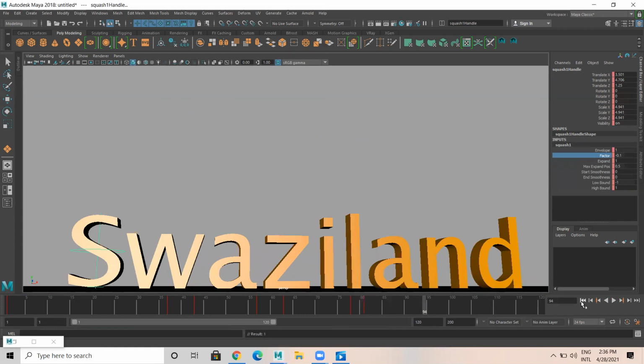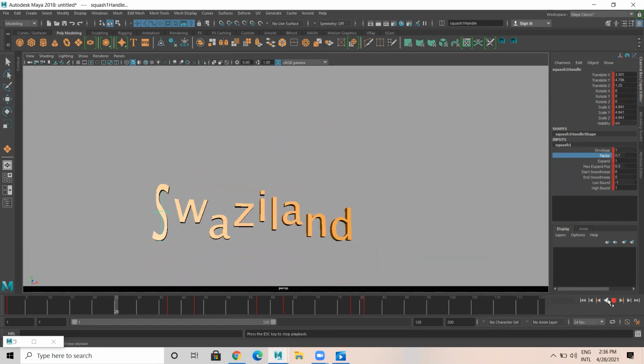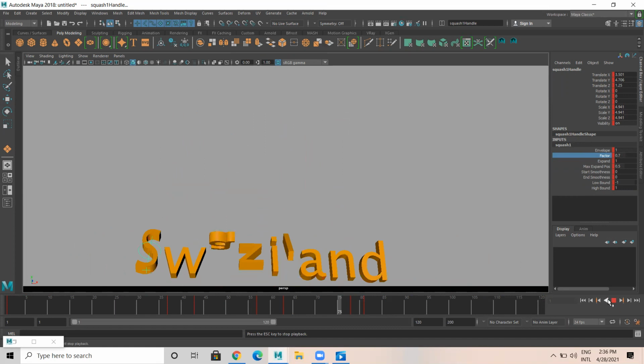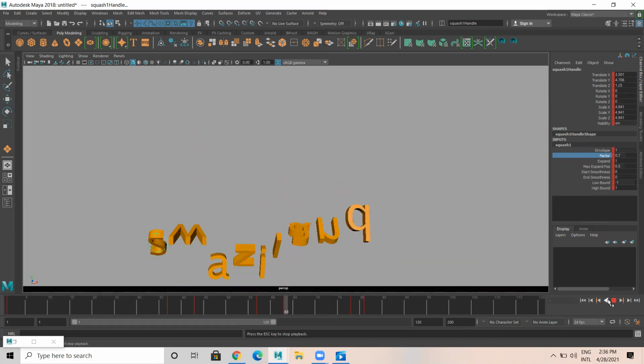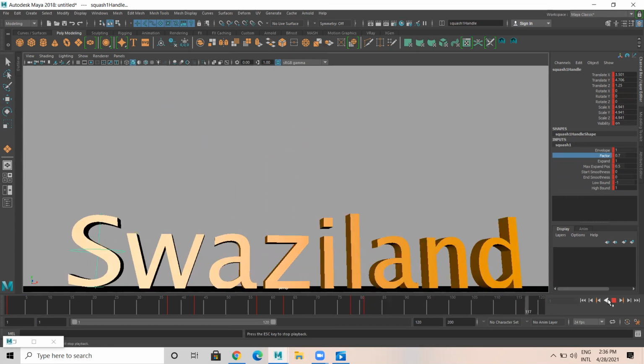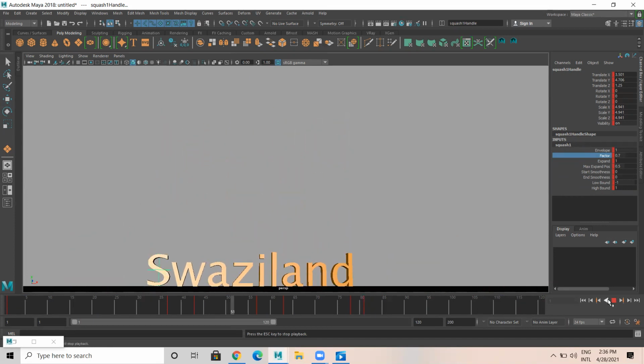Now see, now observe S. That's what we need to add, a little bit more life to this. Then it looks good. Like this, if you do it for other letters also, it looks good.